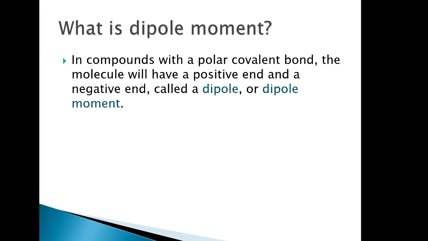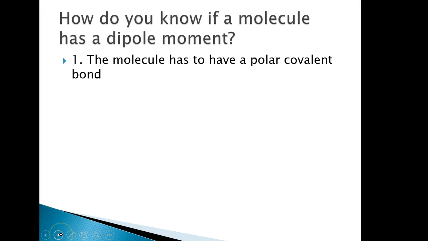So if you remember when we were talking before about the bond types, and I would draw in the little delta positive, delta negative, if you have a molecule like that, that's a dipole. It's got one end that's partially positive, one end that's partially negative. Okay, so dipole moment, how do you know if something has it? Well, first of all, it has to have a polar covalent bond. That means